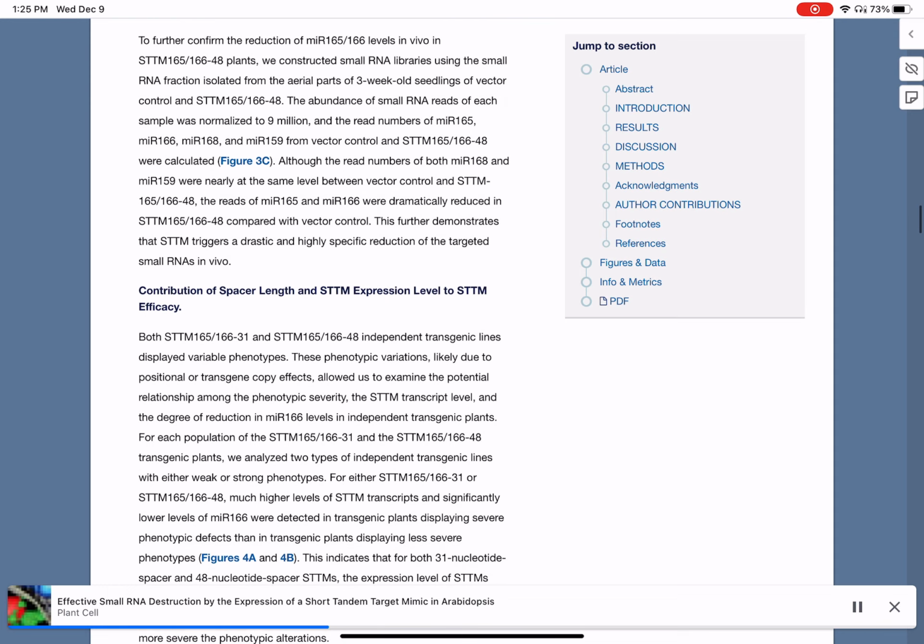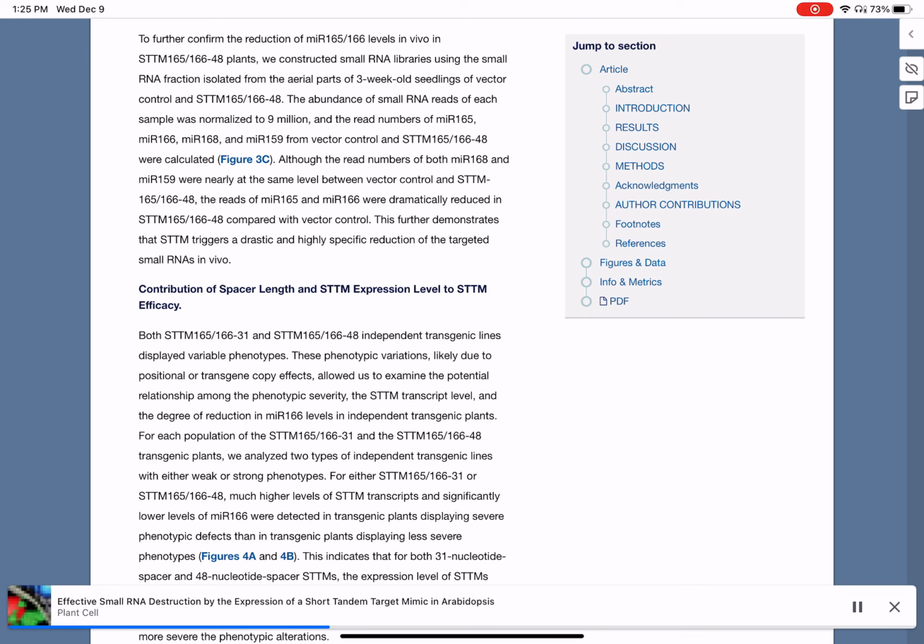To further confirm the reduction of miR-165-166 levels in vivo in STTM-165-166-48 plants, we constructed small RNA libraries using the small RNA fraction isolated from the aerial parts of 3-week-old seedlings of vector control and STTM-165-166-48. The abundance of small RNA reads of each sample was normalized to 9 million, and the read numbers of miR-165, miR-166, miR-168,